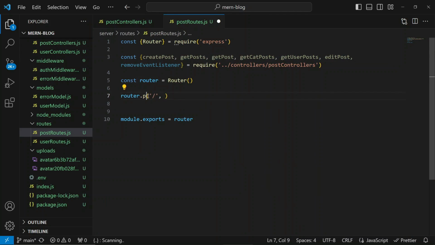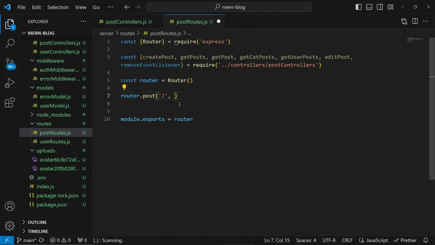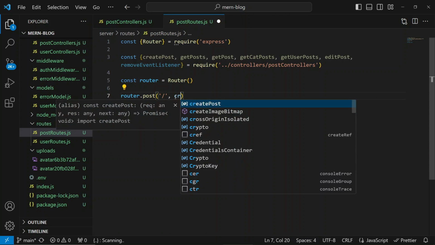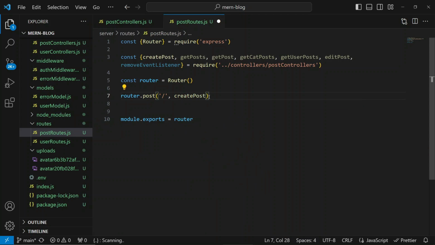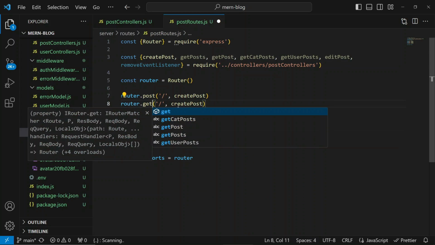We first should be able to create a post. So yeah, the route is going to be slash, and the method is going to be post, of course, and that's going to first have the middleware. But for now, I'm going to ignore the middleware and then add the controller. I'm going to duplicate this a few times. We are going to have get to get posts,